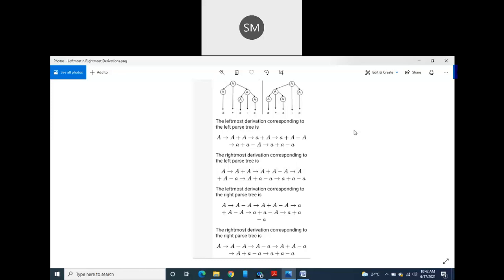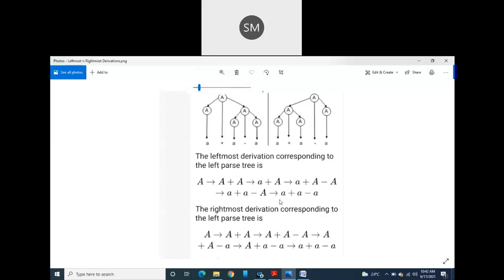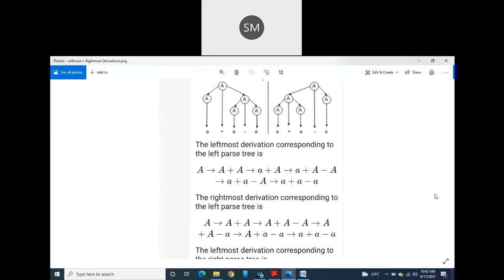Okay. So here, once again, I think I told you what the leftmost derivation is and how we should do it. Here once again I will show you; if you want, I can zoom my screen. Now it is visible properly. In this diagram, there are two parse trees. A parse tree is also called a syntax tree.